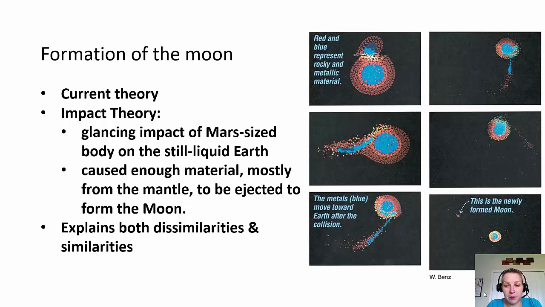Now, once it did that, that's where you got your moon. So this explains the similarities, right? The two planets kind of merged together with all the pieces flying off. So the pieces were part of the Earth. That explains why there were rocks and why there's no iron. The iron was too heavy to fly off, so just the rocks flew off and then formed into the moon. It explains the similarities and the differences. And so that is the current theory, that there was just a giant impact.